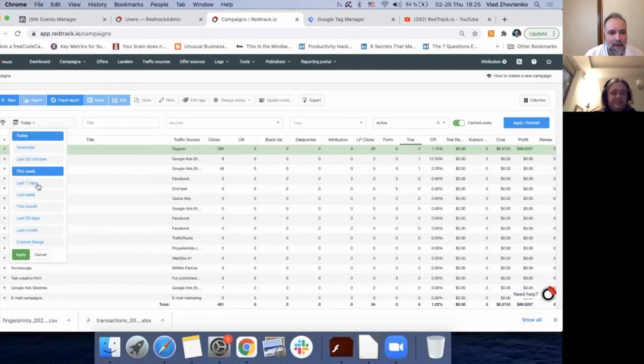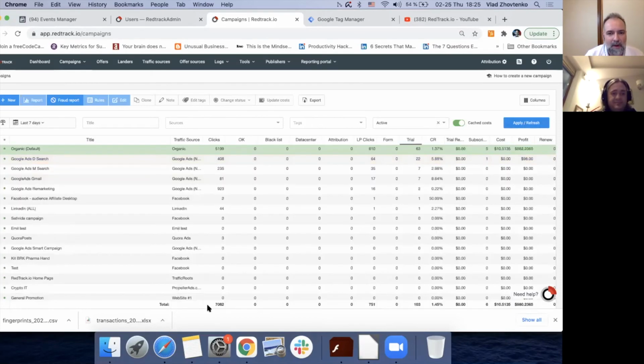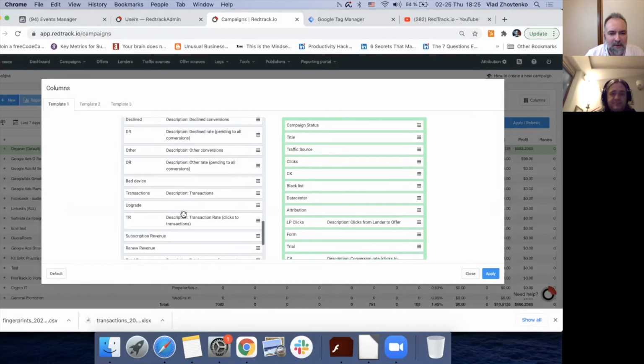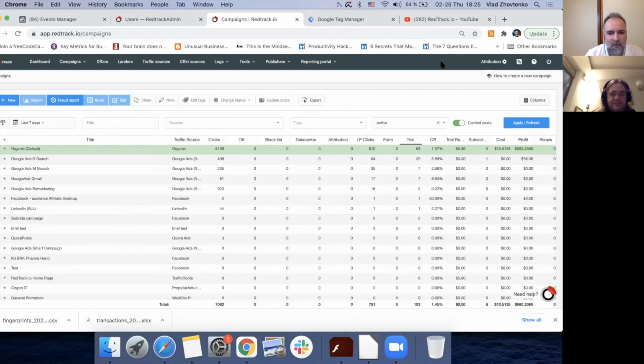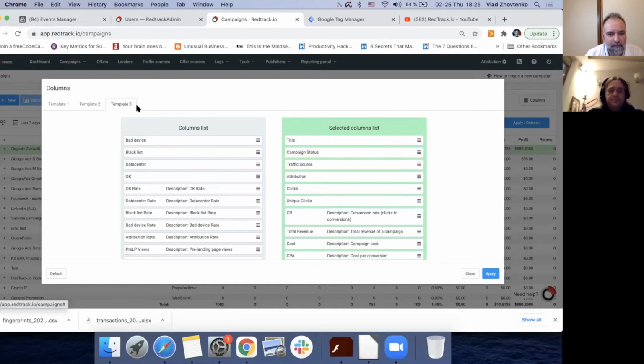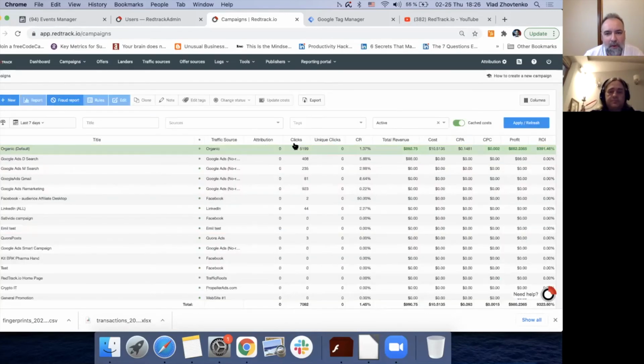So you have all your campaigns here with a lot of additional data that you can actually set up, what you want to see, what you don't want to see, all the different indicators, types, etc. Let me try to switch the view quickly, just to show you how it works. It works. So I removed some extra data. So we now have only clicks, conversion rate, and costs, across all the campaigns and traffic sources.